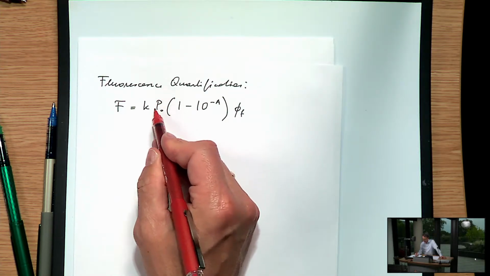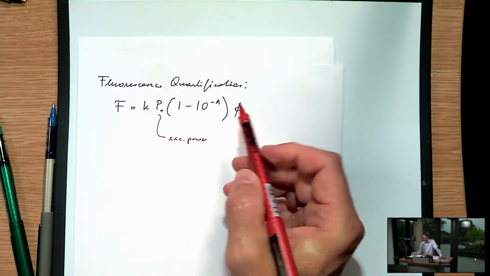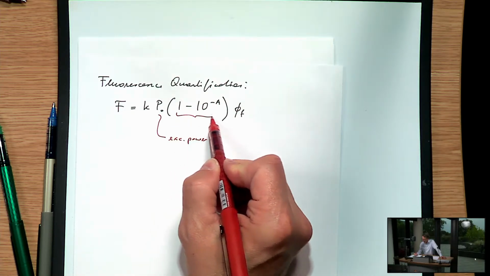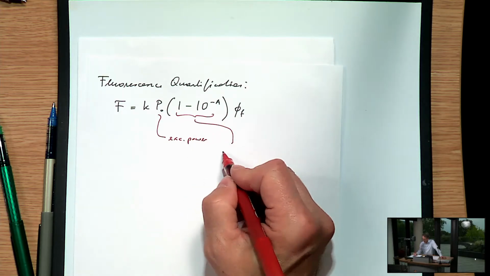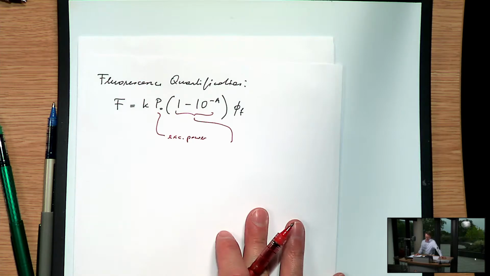This is the excitation power, P naught, times the fraction of light that's being absorbed. That's just given by Beer-Lambert's law. So 10 to the minus A is what's